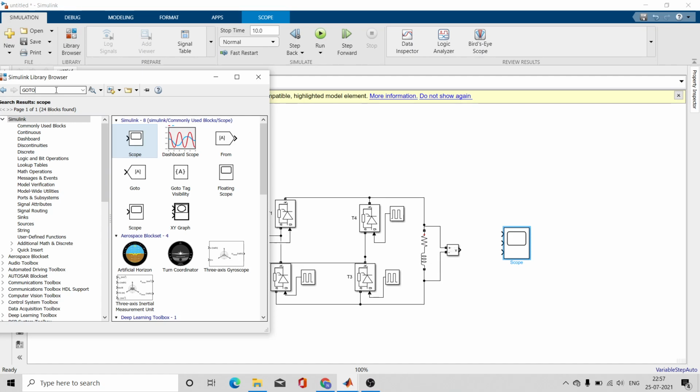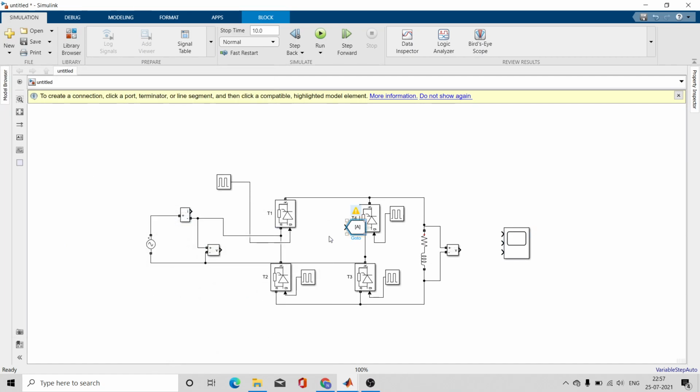It will decrease the wires in my simulation and it will be easier to show them in the simulation model.